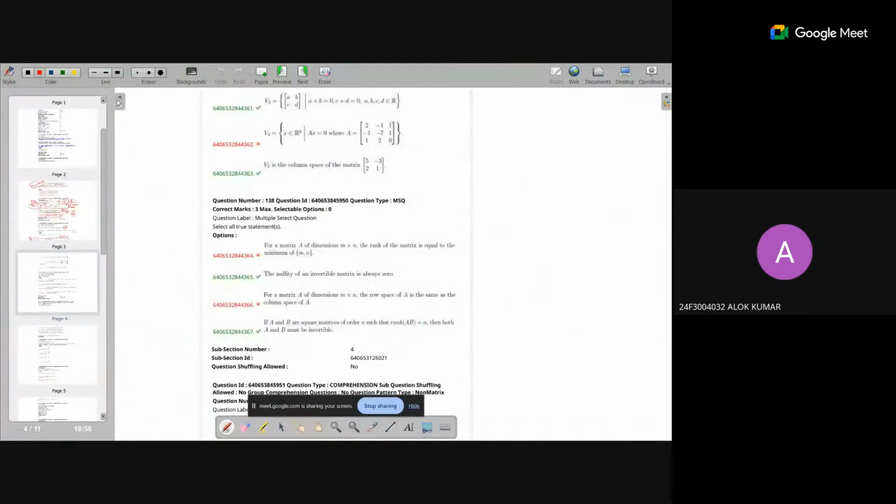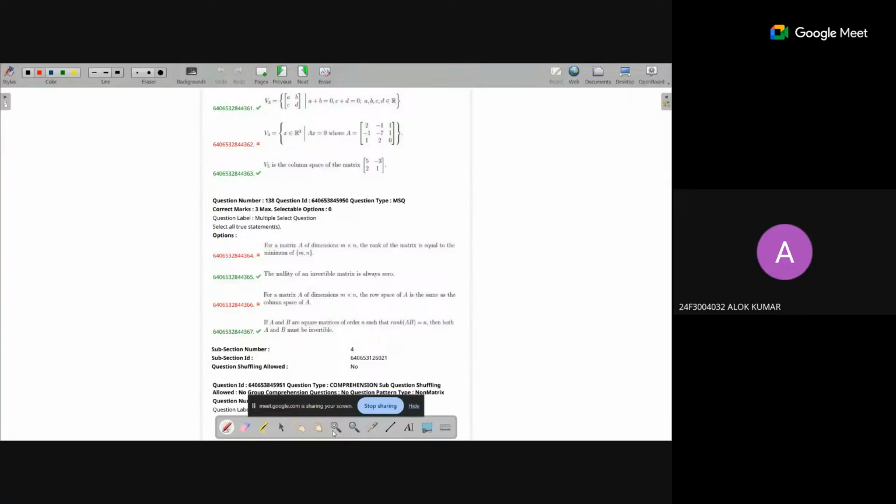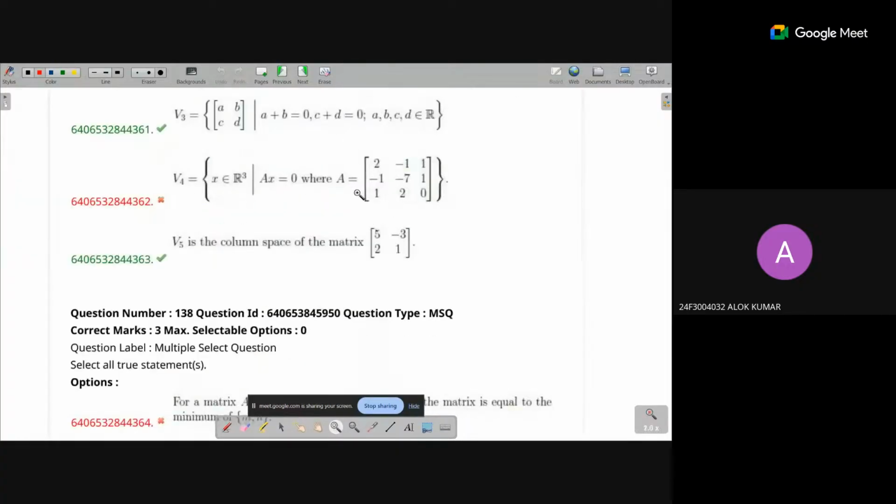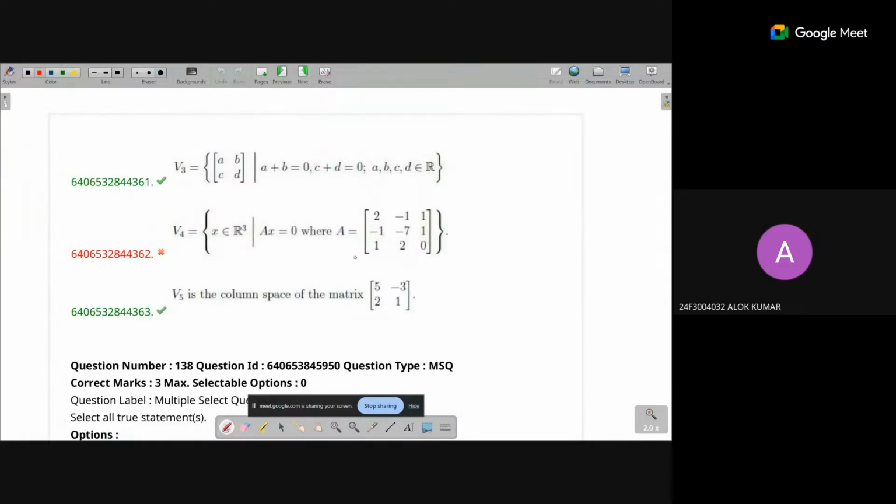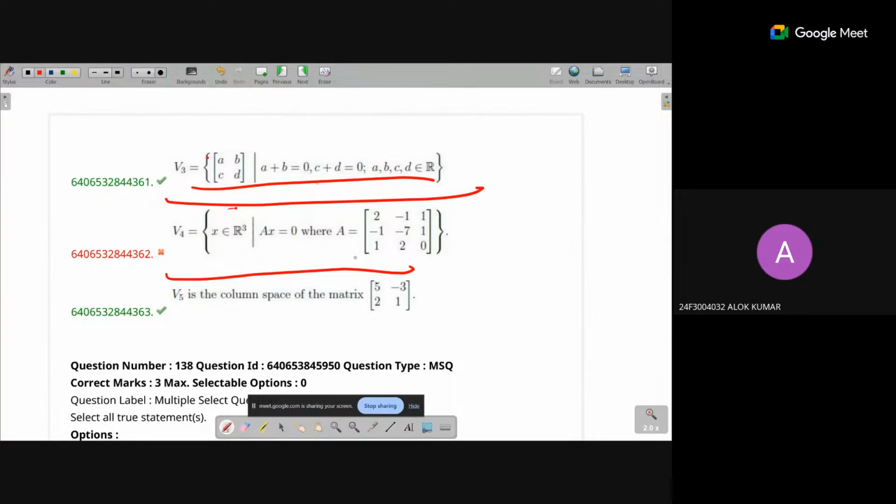I'm not going to. And you must try this question, because in each option you will have a different method for calculating dimension. Basically, you will encounter the first one different, the second different, and the third also different, and the fourth one is the same, and the fifth one is the same. So this is a matrix space, not a normal vector space. So you have to calculate